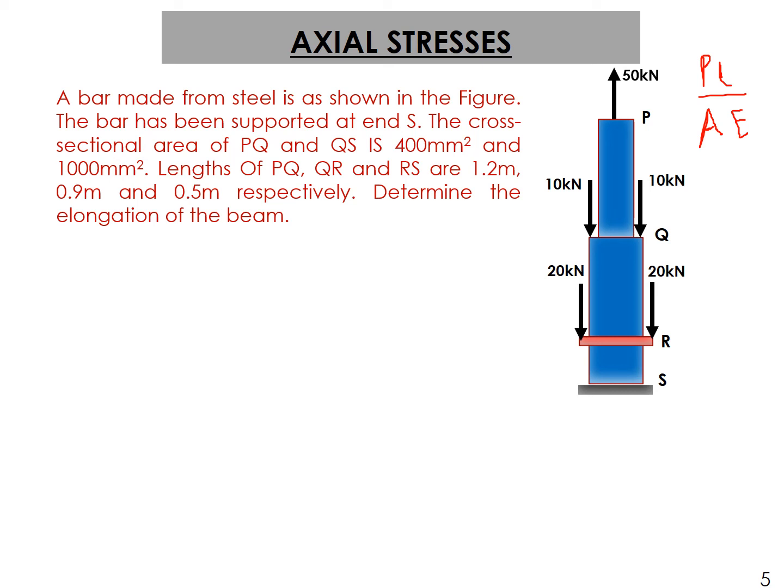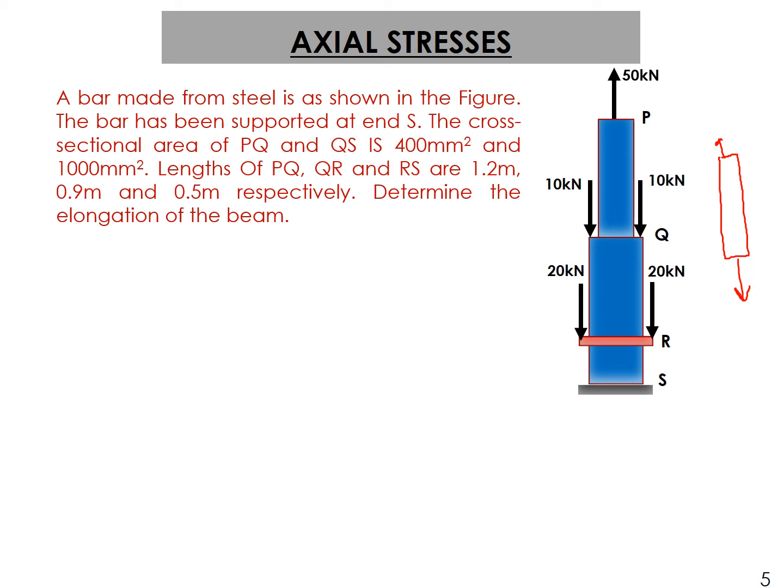Now, if this had been a single beam with a rectangular uniform cross section, and these are the loads acting at this point, what we did in the previous case was simple. This itself is a free body diagram. Apply the formula, get the desired value. But in this case, we have variation in the cross section, variation in the load, variation in the length. So for our free body diagram for a member, we have to find the internal forces acting in that member.